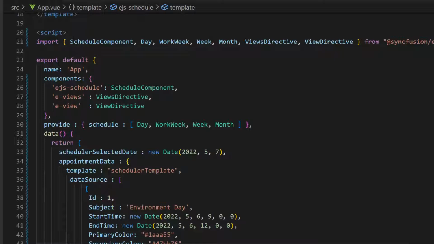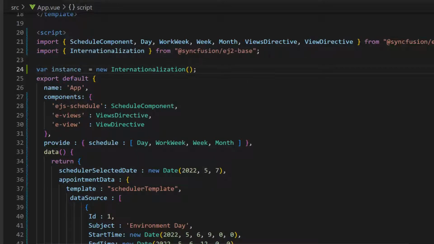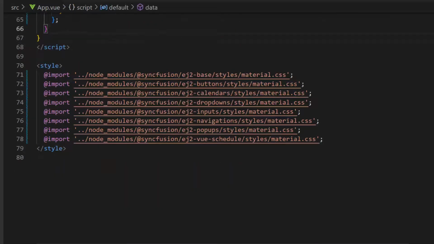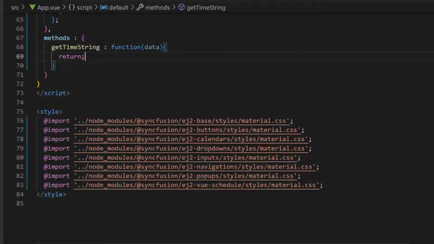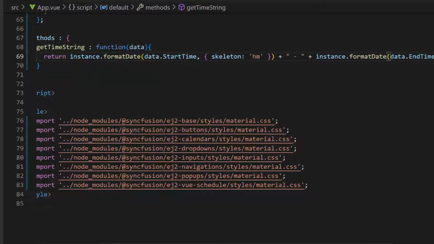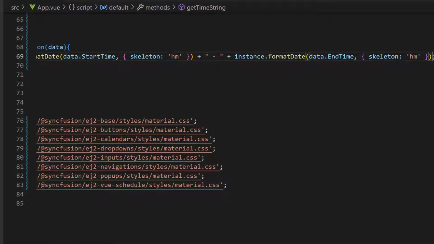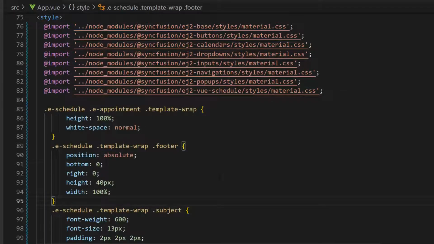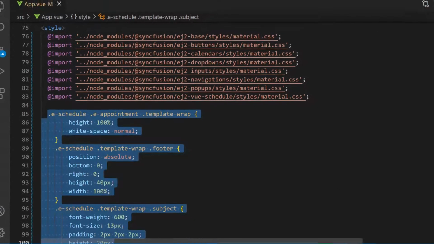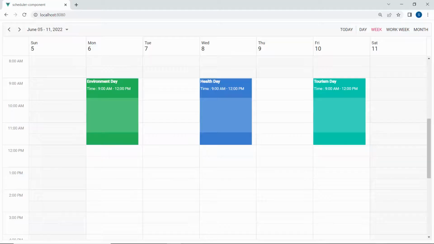To display the time field in string format, I import the internationalization library from the Syncfusion EJ2 base package and define an instance. Then, I add the methods section and define the getTimeString method, which receives the appointment object as an argument, and convert the start and end date time values to string format using the public method formatDate. I also define a few CSS styles for the defined division sections within this style section. When you look at the scheduler now, you can see the appointments with different background colors and displaying the subject